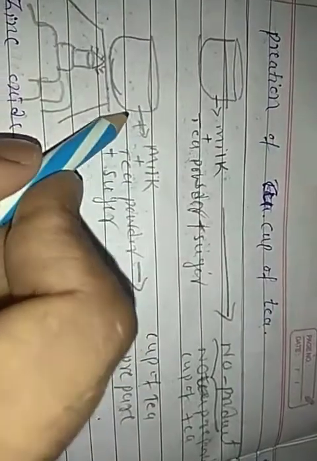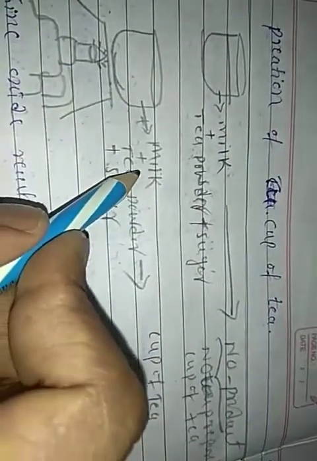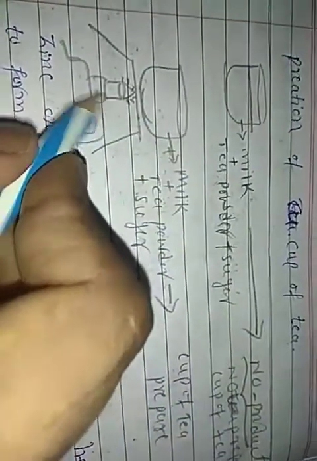The second figure, look here, students. In the vessel I am adding milk, tea powder plus sugar. The same things I am adding here, whatever I took in the first figure. And I am introducing heat here. From this burner I am introducing the heat. When I introduce the heat, then the product is prepared. Yes, the cup of tea is prepared here, students, because heat is required.